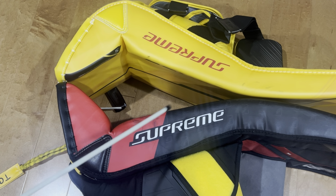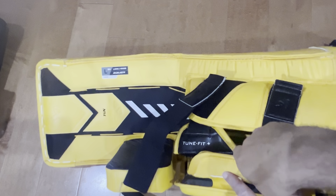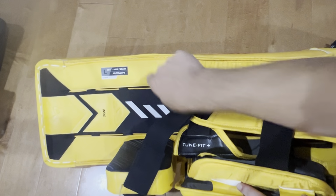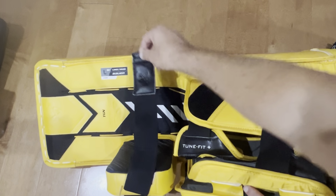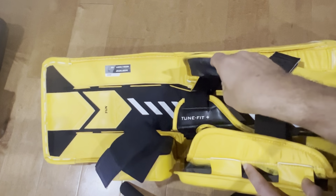Super simple to put on. This comes across, this comes down, this comes across, and your pad is on. This is custom. I believe if you get the pad stock, it's gonna have lacing there. So you'll have the choice between going across or down. I always go down. And then you can see there is a little tab right here, and a professor strap